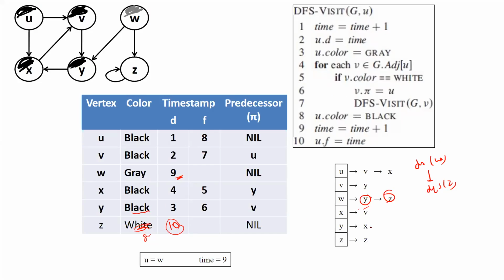अब Z के लिए आपका क्या हो जाएगा, Z के कॉरेस्पॉन्डिंग ये ऑलरेडी, ये गलत लिखा हुआ है, Z का Z नहीं, हाँ सेल्फ लूप है। तो Z के कॉरेस्पॉन्डिंग Z खुद ही है, खुद ऑलरेडी ग्रे आउट हो चुका है, तो इसके एडजसेंट टू कोई भी वाइट नहीं बचते। तो ये ब्लैकआउट हो जाएगा, ब्लैकआउट होके इसका फिनिश टाइम हो जाएगा 11 यूनिट। तो इन दिस सेंस आपका ये खत्म हो जाएगा। फिर ये रिकर्सिवली वापस W के ऊपर आएगा, W के ऑलरेडी Y और Z दोनों हो चुके हैं, ये भी ब्लैकआउट हो जाएगा और इसका फिनिश टाइम बन जाएगा 12 यूनिट।